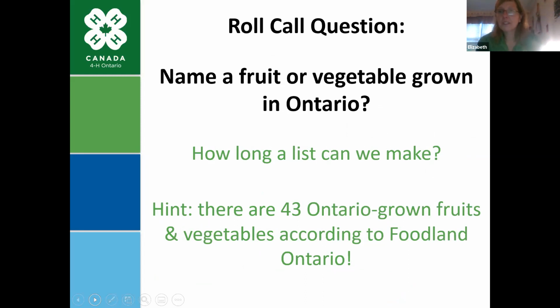And with the name of the game being with this activity, see how long of a list they can make. And so there is a hint there that there are 43 fruits and vegetables that are Ontario grown, and that's according to Foodland Ontario. But this question can also lead into a really great activity about talking about just exactly what is grown here, and if there are answers that come in like bananas or not apples, but pineapple, that they can talk about the fact that sometimes we have to import some of our fruit instead of growing it here,